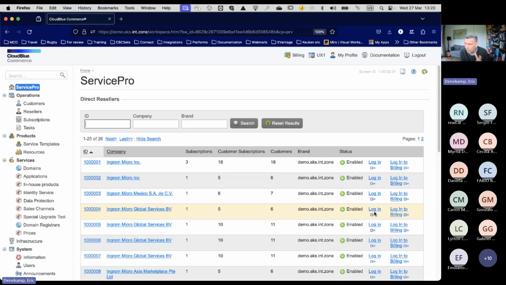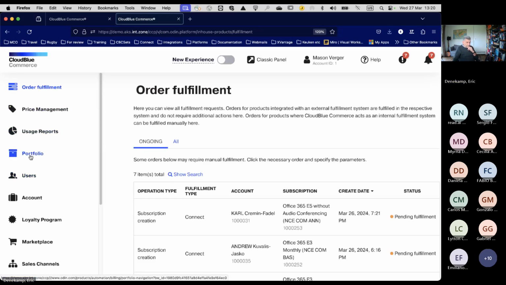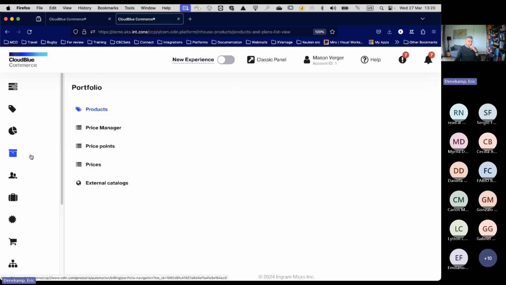And we have some components that are only visible at this moment, at least, in UX1 for providers. There are some things coming for the reseller still, but let's first look at provider level. What do we have? And this is all part of what portfolio you are offering.